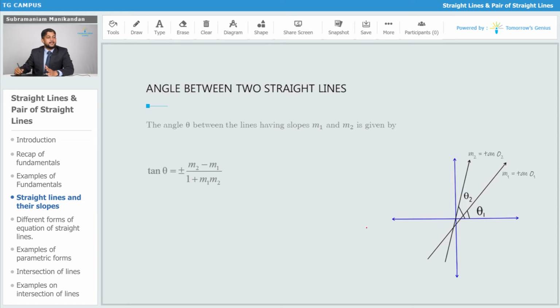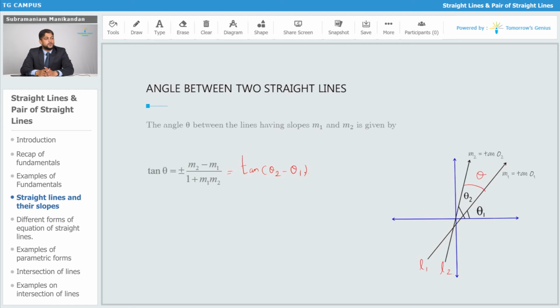This is the line L1 and this is the line L2. L1 has slope m1 given by tan theta 1, L2 has slope m2 given by tan theta 2. Then the angle between the two, that is this angle, is given by tan of theta 2 minus theta 1, that is tan theta. It is given by the absolute value, that is plus and minus, of m2 minus m1 divided by